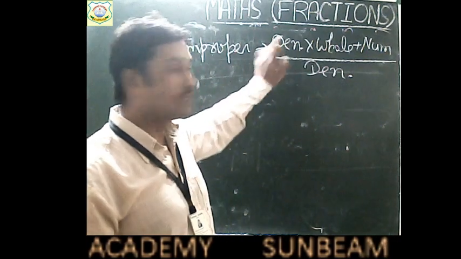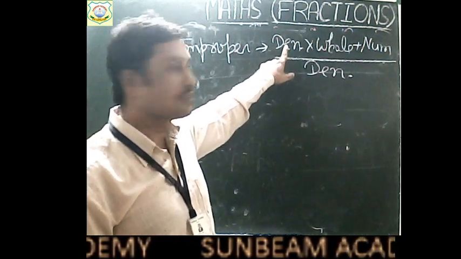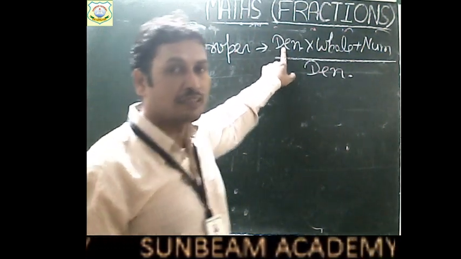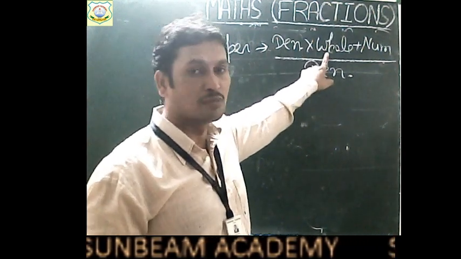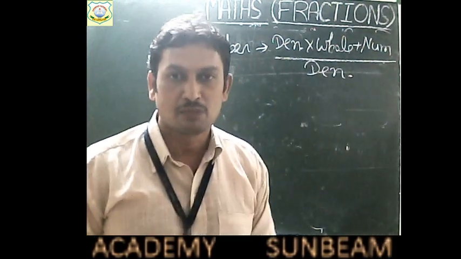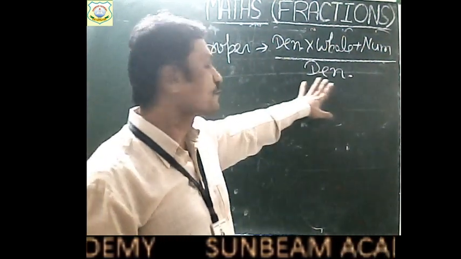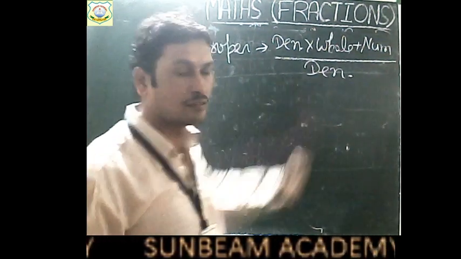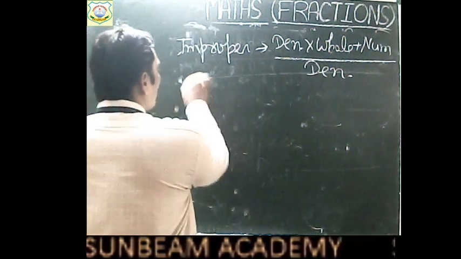So in place of divisor, there is denominator, and in place of quotient, there is whole number. Plus numerator, that is the remainder, and divided by the denominator, that is the divisor. So, for example,